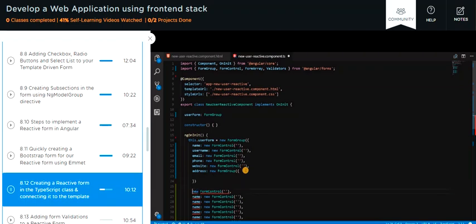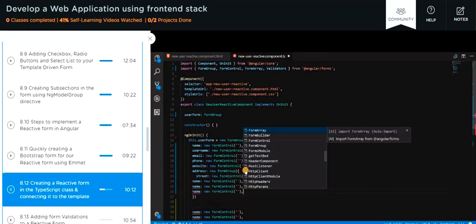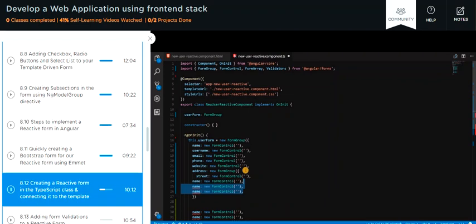So fields would be like street. Let me just copy about four of them, cut them from here and paste it inside this address. Format this accordingly. Now street is going to be a form control,